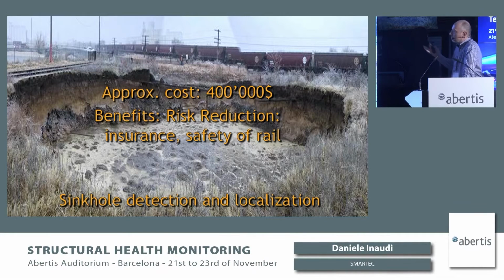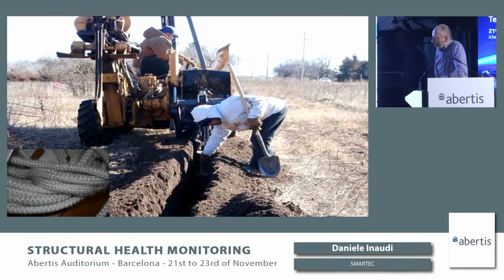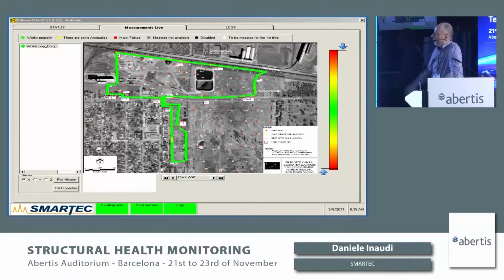In this case, for monitoring about 6 kilometers of train line, the total cost was in the order of $400,000. And again, the benefit associated with it was related to the insurance cost and the safety of the rail operation. Here you see a couple of pictures of installing the distributed sensing cable in the ground. And when the ground starts to move due to the sinkhole, then we can pick up and display on a map where that